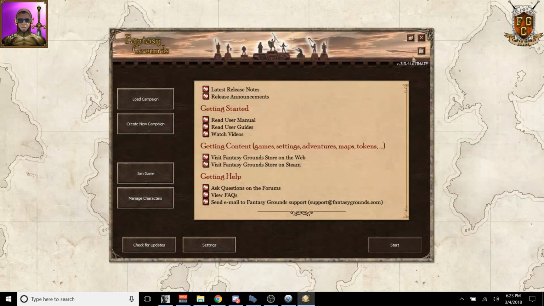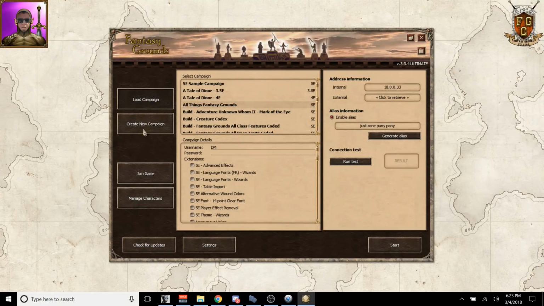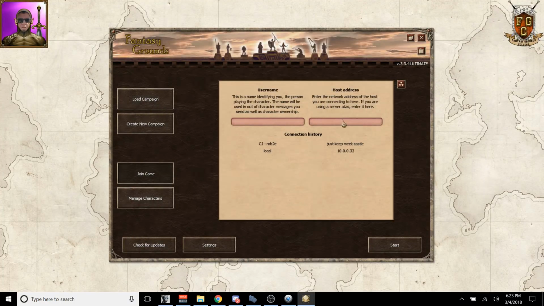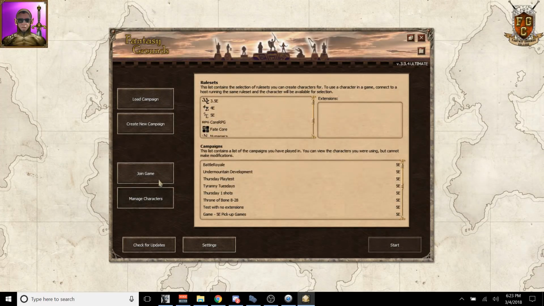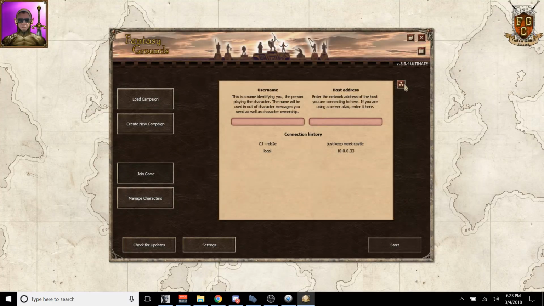If you go to the Fantasy Grounds launcher, let's find out where it is. Join in game, the launcher. There you go. So you can clear that data, and what that does is clear a lot of the settings and things. The only time I've ever had to mess with that is if my DM or whoever's hosting the game changed something major and it wasn't agreeing with my cache folder. Then I would have to purge that data and then reconnect,